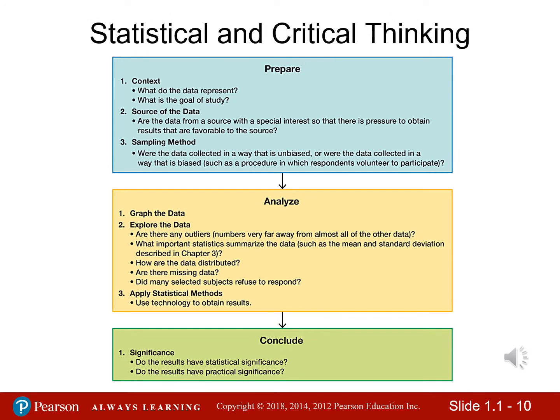So when we want to do a statistical study, the first step is to prepare. We can do this by determining the context of our study. In other words, what will our data represent and what is the goal of our study? If we consider our example of varieties of Hatch green chili, we may state that our data will represent the heat levels of those chilies, and our goal is to determine if there is a difference in heat levels among